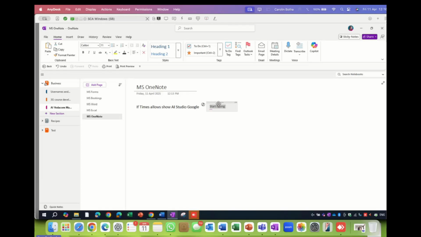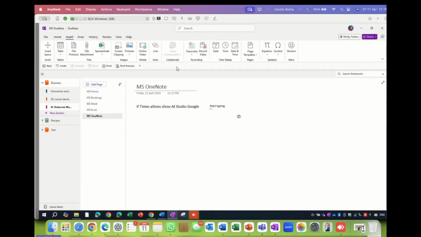But it's not only text that I can stick on this note. On this page, I can go and insert so many things. I can transcribe, I can record a video, which I'm not going to do because then it's going to show you my whole place here, and I prefer not to do that. But you can record a video. The moment you click on record, it will activate your camera, it will start recording, and it will stick, that's the better word, it will stick the note just there, or wherever you want to have it.